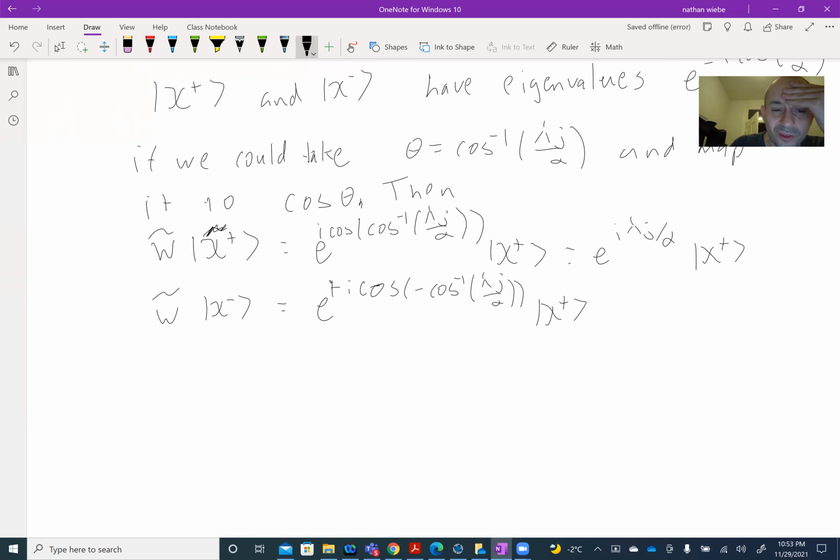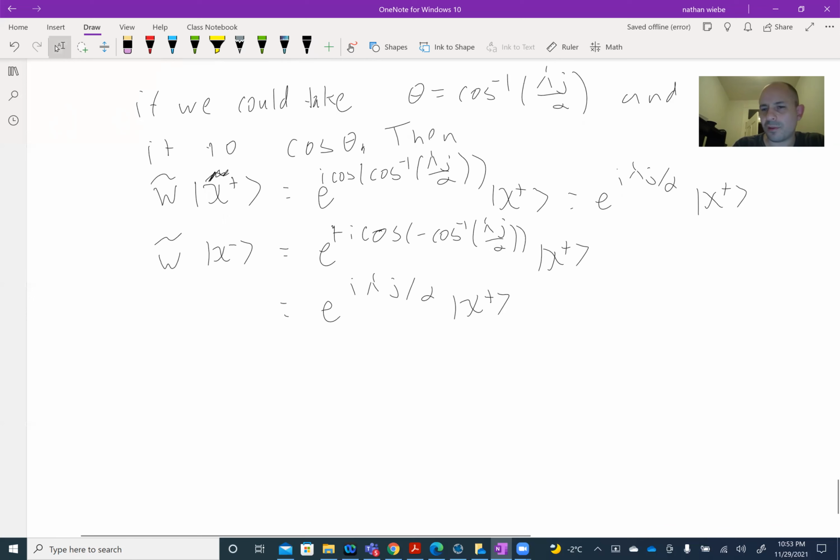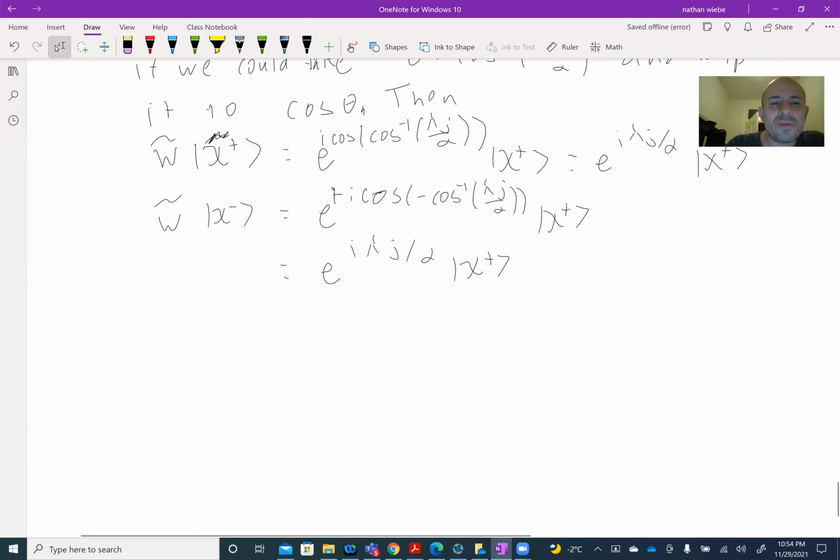But again, because this is even, this actually is just e to the i lambda j over alpha, chi minus. So then something kind of magic ends up happening. If we could build this operator that's exactly the same, except its eigenvalues have been transformed to cosine of those eigenvalues, at least in the exponent, then what we would end up doing is we would have